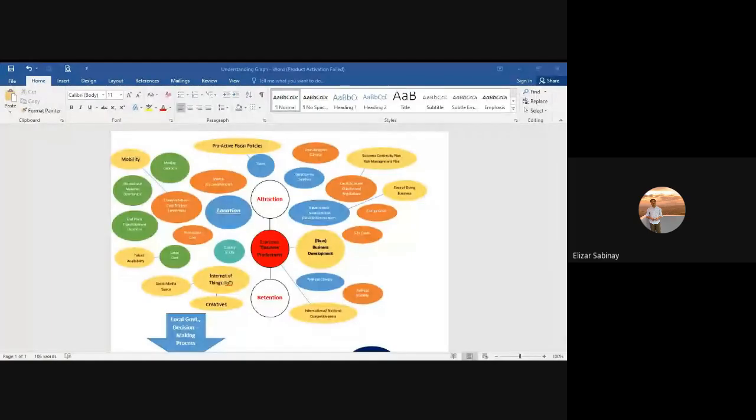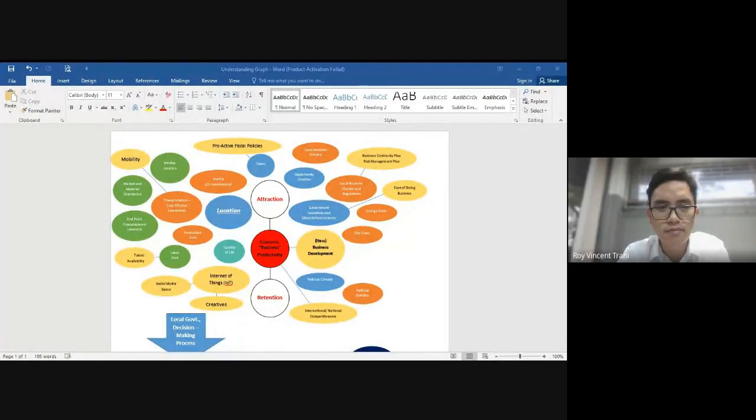Okay, good. Sir Ali, your turn. I'm sure you have opinions on this. Yeah, thank you, Sir Roy. I actually made my notes, so let me share, if that's okay, Sir Roy, so that everybody can see. So these are my notes while reading the article. Hopefully you can see, guys.